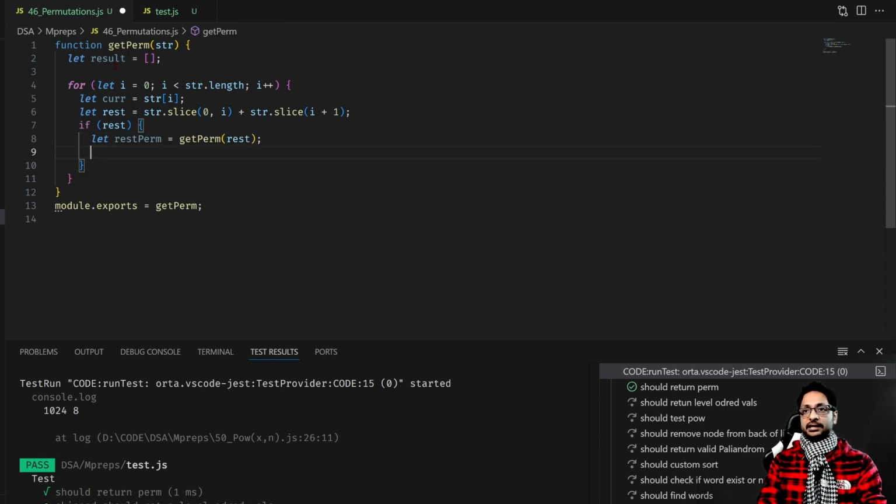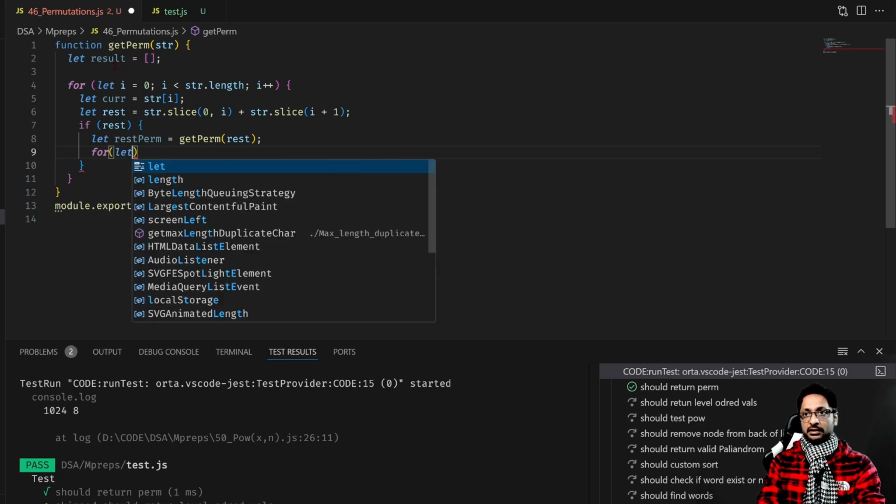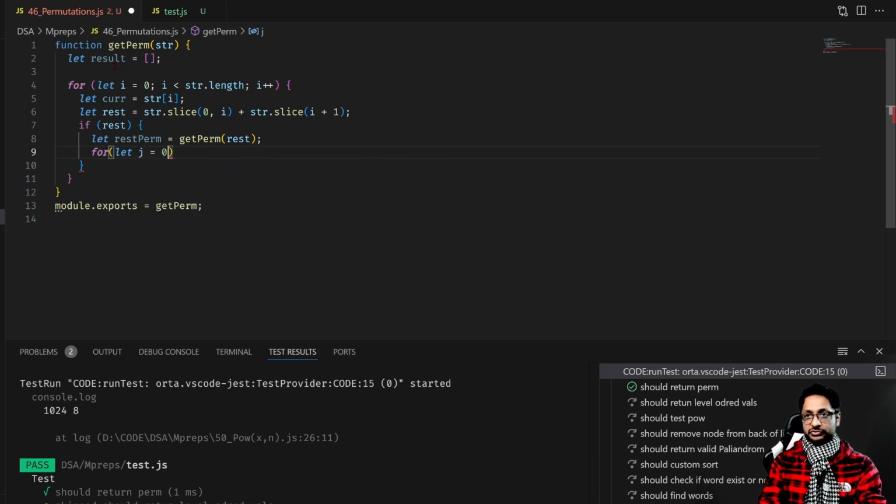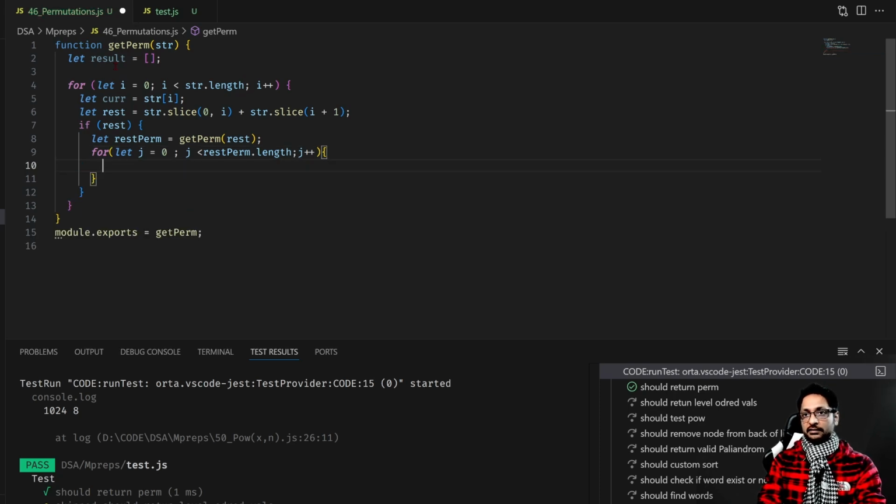So it's going to give us, like, if 1 is constant, this will run on 2 and 3, and we'll keep adding our result. So we're going to run a for loop again: for let j equals 0, j less than rest perm dot length, and j plus plus. And then we're going to create our current